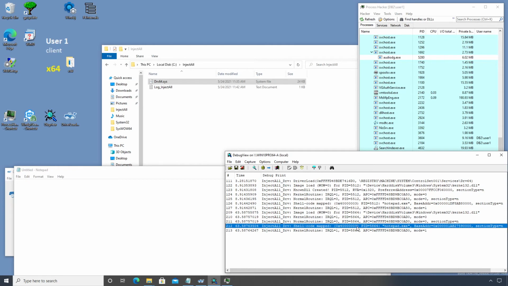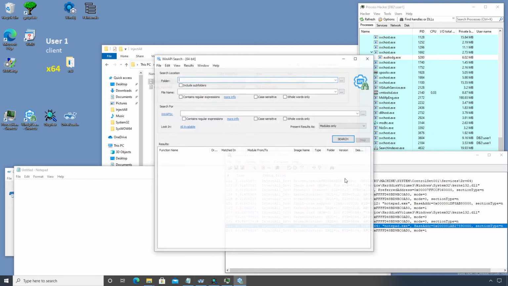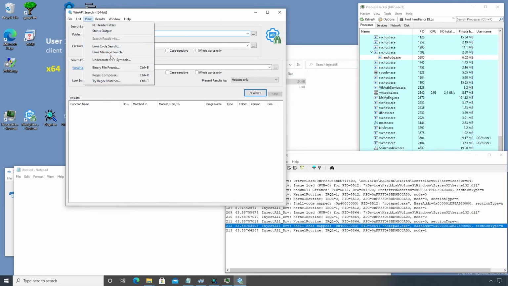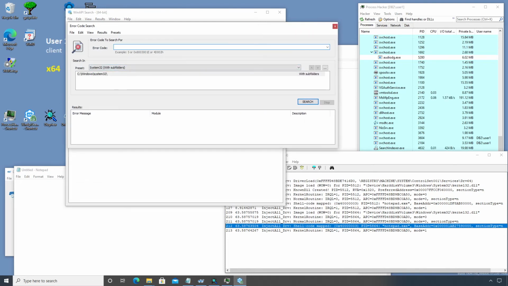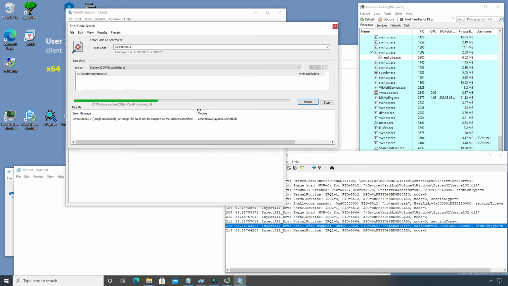And we have this error message, which is not error, which is warning, which is correct. And let's look up what it means. So if we do this, WinAPI search and go into error search, and just scoot it over like so. And then if we search for 0x, I'm just taking this value, 4000003, I think. Let's search, and what we need is NTDLL, and let's see, here you go. Let me stop this. An image file could not be mapped at the address specified in the image. Local fixup must be performed on the image. So this basically